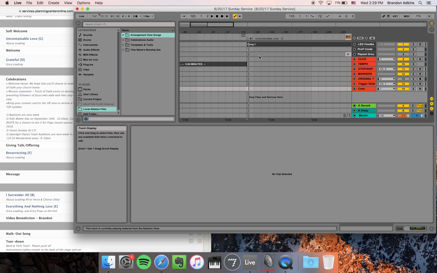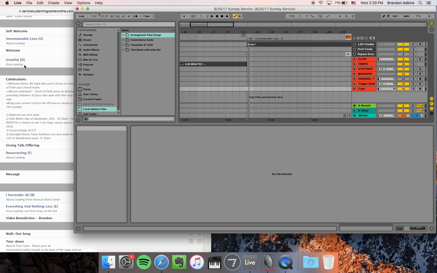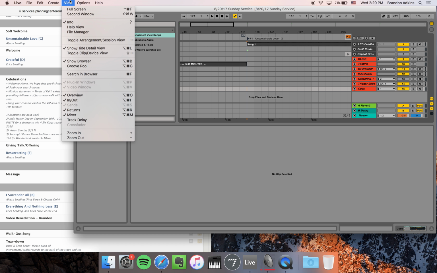So to do that we're going to come out of this view and go back into full screen view. We don't need to see our service in Planning Center for this part because we added all of the information that we need. We added all the information about the title of the song and the key onto our locator for that song. So we're going to go back into full screen view,